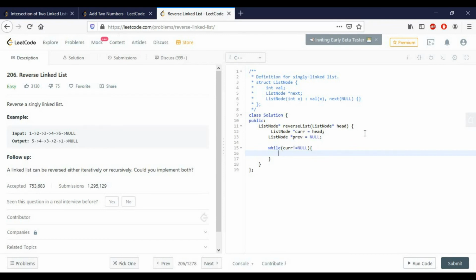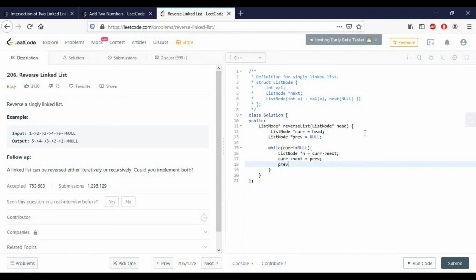What we have to do? We have to do 4 steps. First, save the next node, because we are going to break the link in the next line. So I have saved the next node, and now we can break the link: the next of current is previous.